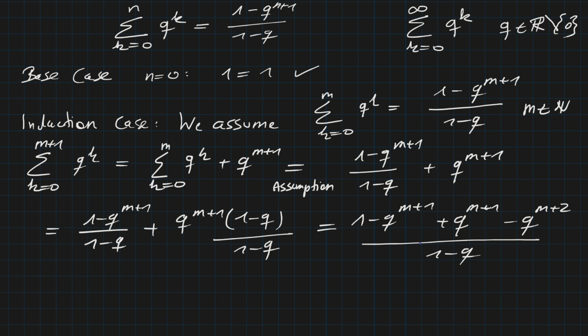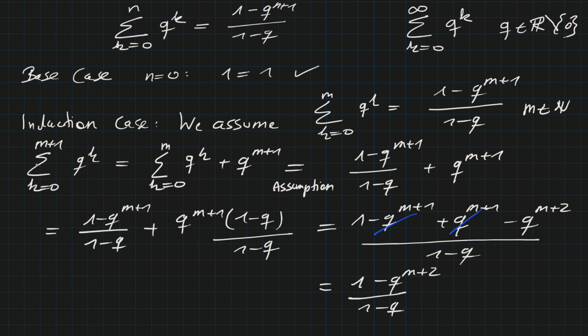You can already see that we have here the same term, minus q to the power of m plus 1 and plus q to the power of m plus 1, so they cancel out, which leaves us with 1 minus q to the power of m plus 2 over 1 minus q. And now we are actually done, because we started with the statement for m plus 1, because we have the